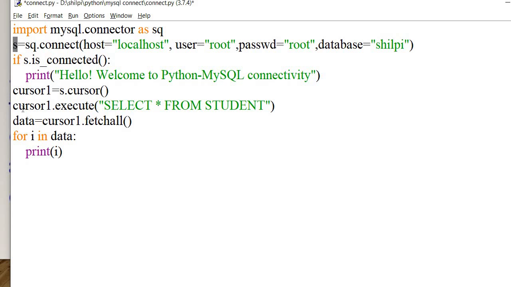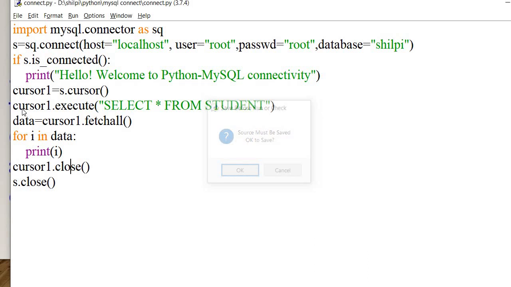So I'll close it after it fetches all the data: cursor1 dot close, and the connection is s dot close. Once it is closed, you will not be able to execute any further queries. You will not be able to access any data from the table once the connection and the cursor object are closed.